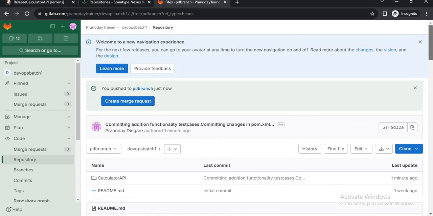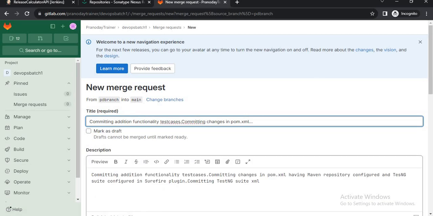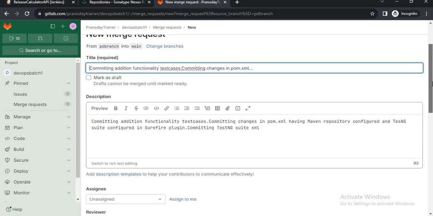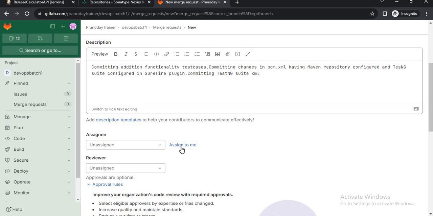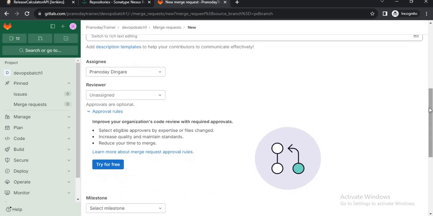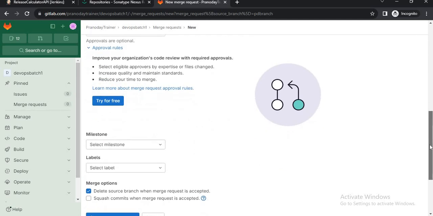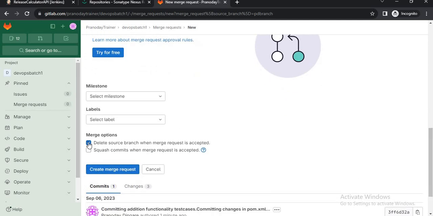So I will create a merge request now. Let me scroll down. I'll assign this to myself, and delete source branch, I'll just uncheck this, and I'll say create merge request.